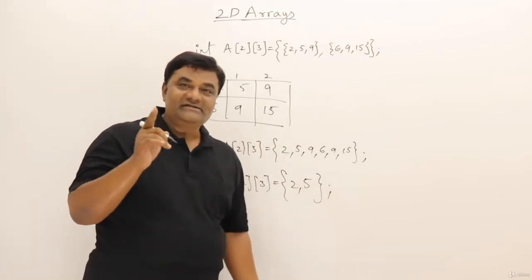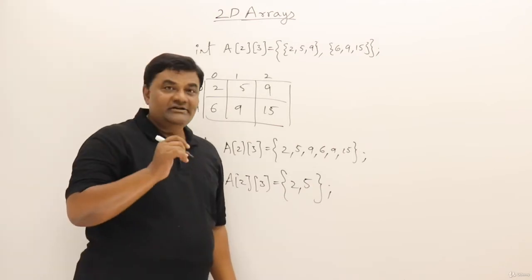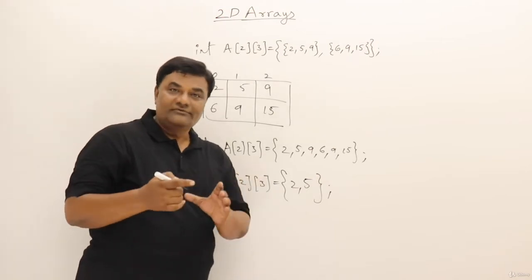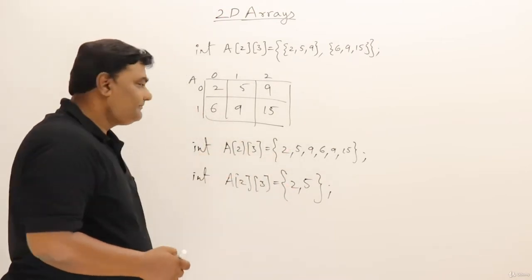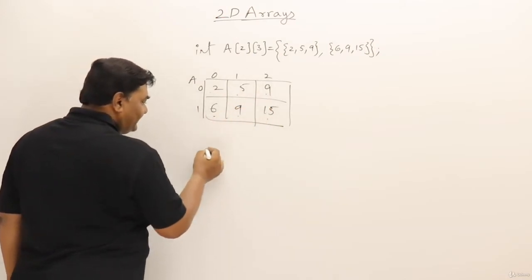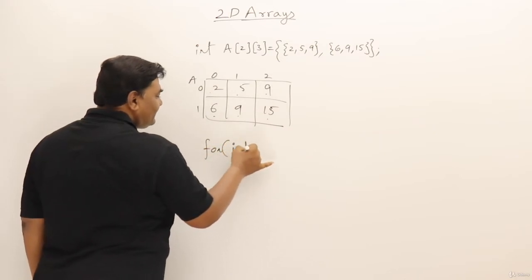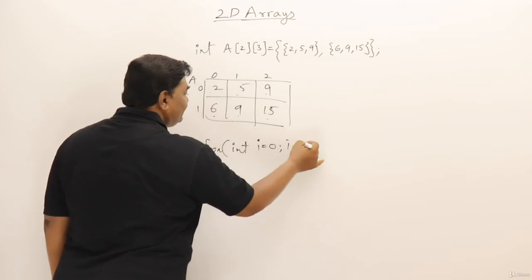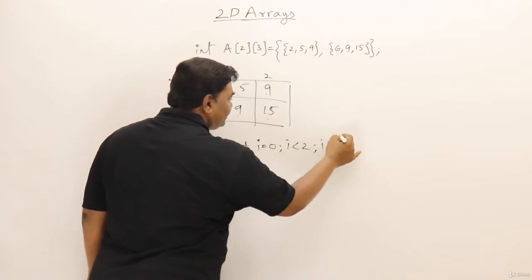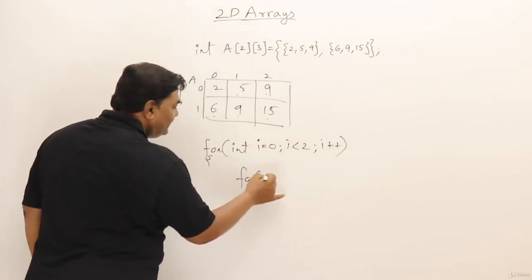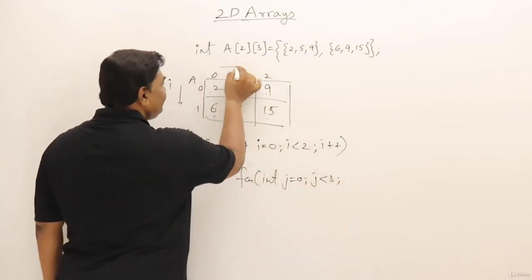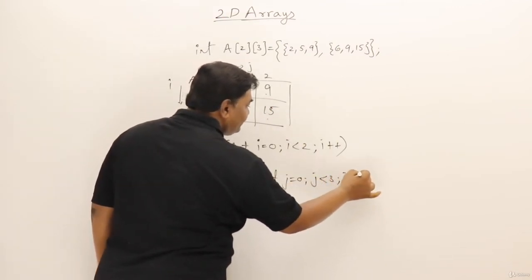Next, let us see how to access the elements of a two-dimensional array. For accessing all the elements, basically we require nested for loops. One for loop for rows and the other for loop for columns. Let me write down the code and show you. I just want to display all these elements by traversing them one by one, that is row wise. So for that I will take for int i assign 0, i is less than 2. This is for rows, i plus plus. Then inside this I will take for int j assign 0 and j is less than 3. So j is for columns and j plus plus.